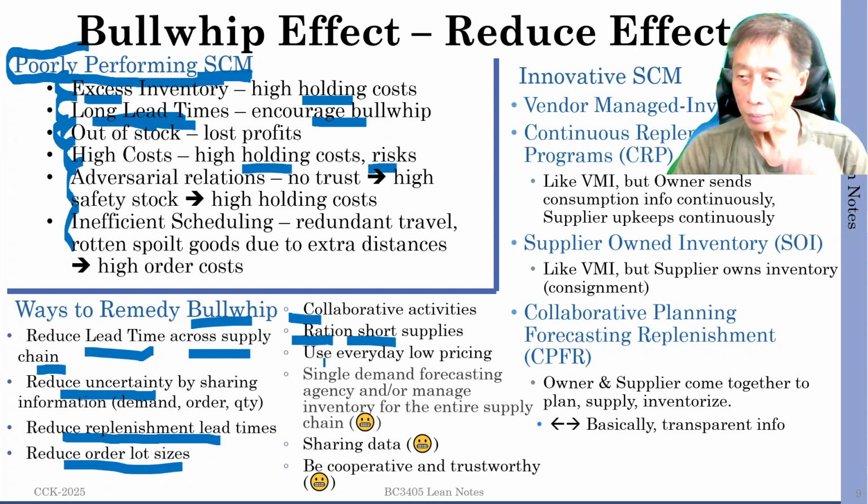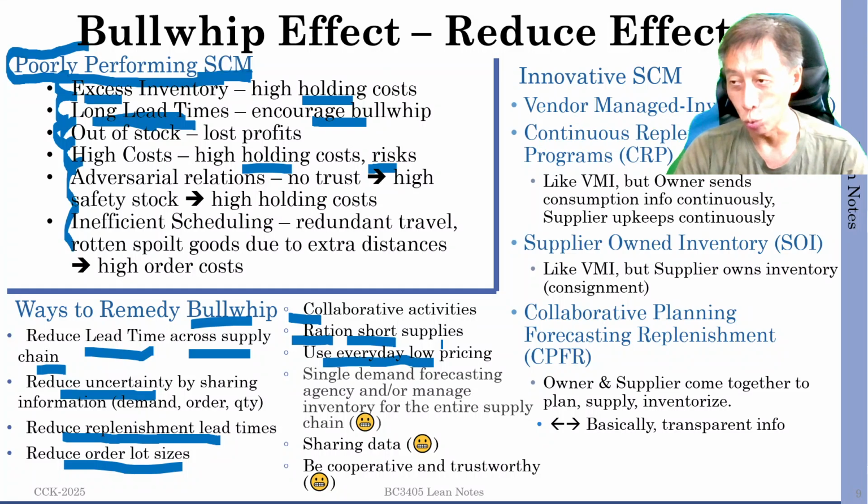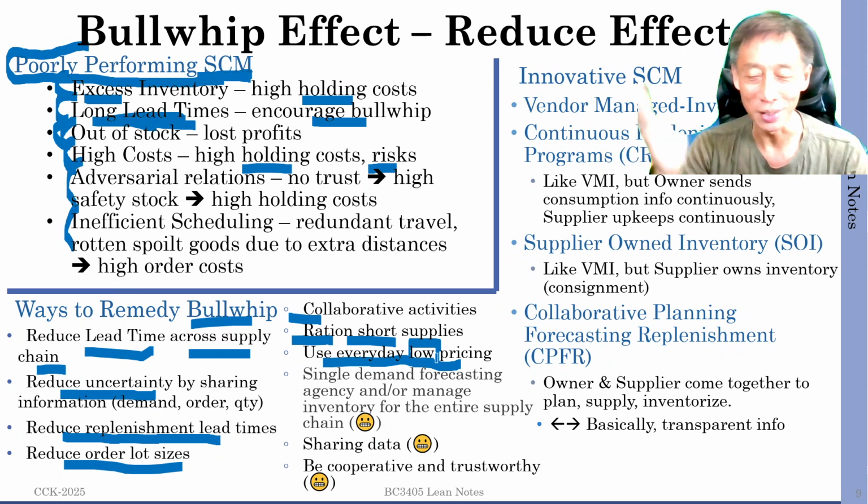Now, use everyday low pricing. I don't know if you have seen that, but go to your local supermarket, NTUC, for example. You look around the shelves. Ever so often, you will see this little tag that says everyday low price. What's this trying to say? It's trying to say we are selling at everyday high price. Okay, right? It's printed as everyday low pricing. Actually, every day is the same price, same high price. The high part I'm just adding in, right? Every day is selling at the same price.